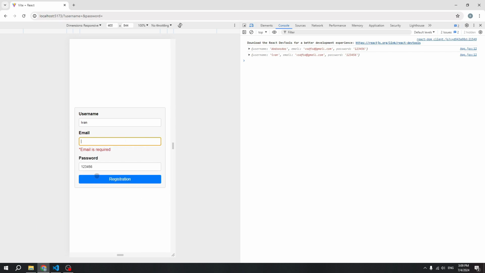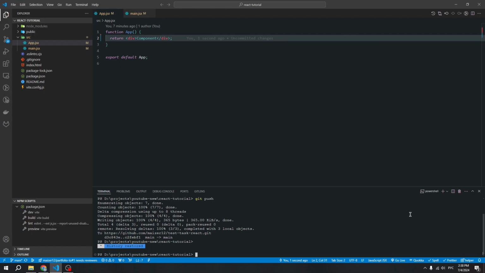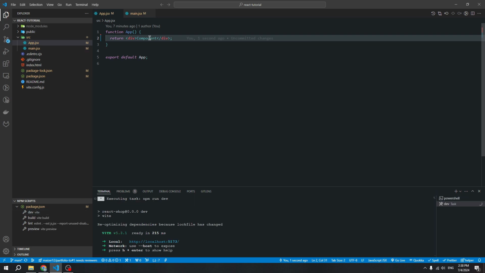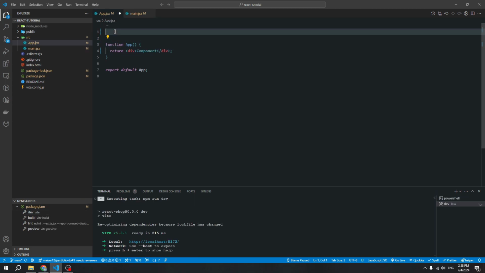Let's get started. Okay, first we need to install the React Hook Form library. Write npm install react-hook-form. Okay, and next we need to run our project. Okay, and now we can import the hook. This hook will help us work with our form. Import useForm